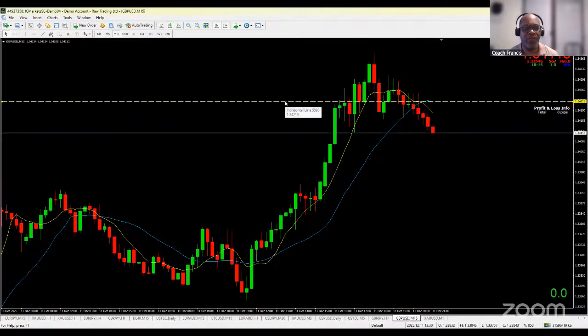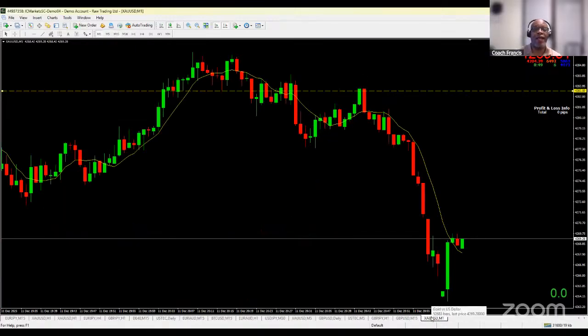Now, the Forex market is a $7 trillion a day market, which basically means over $7 trillion, not billion, exchange hands in the financial market every day. And the Forex market basically is bigger than any other kind of market in the financial institution.